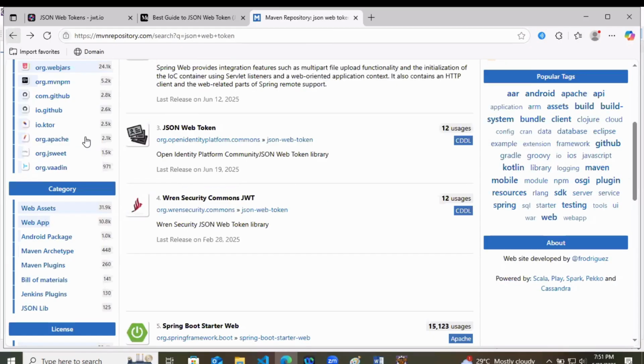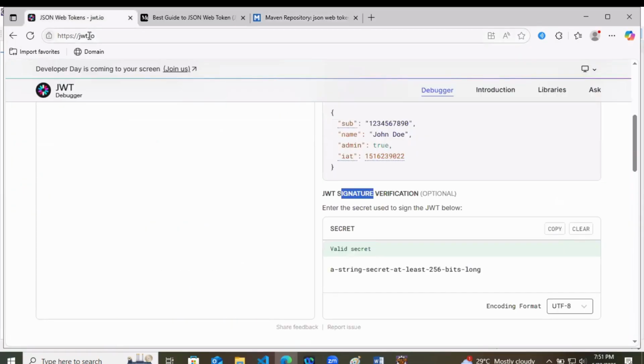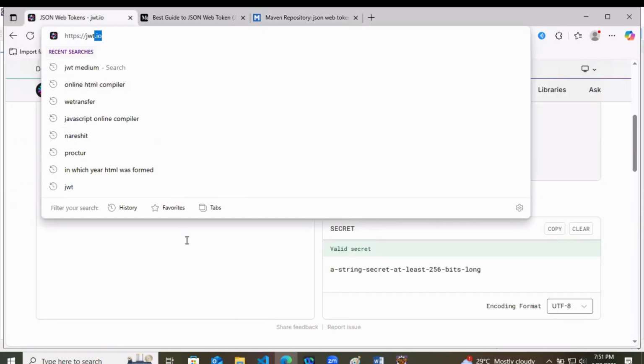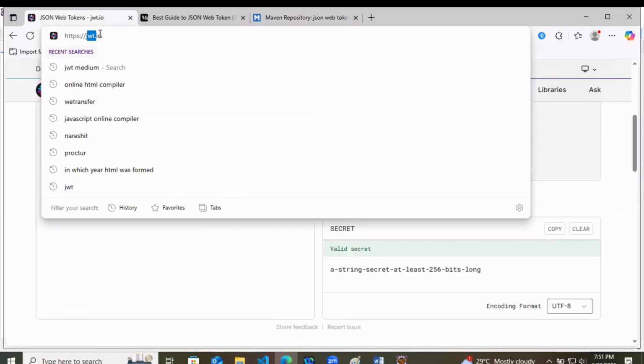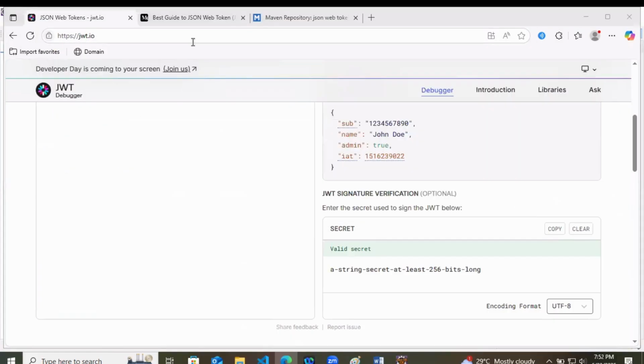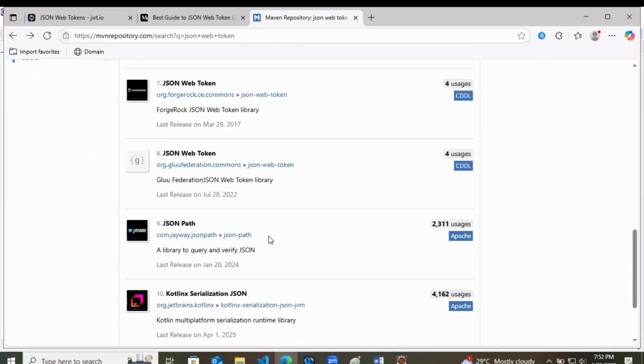So how to identify whether these are correct or not? This is the official website jwt.io. Whatever dependencies we have to use must be starting with io in case of JWT. And here we are not able to get those dependencies that start with io.